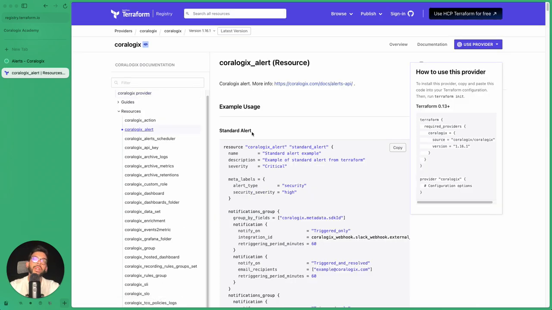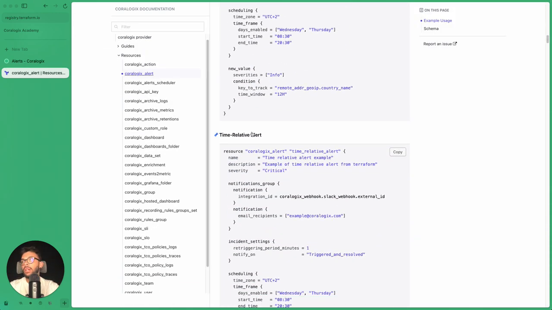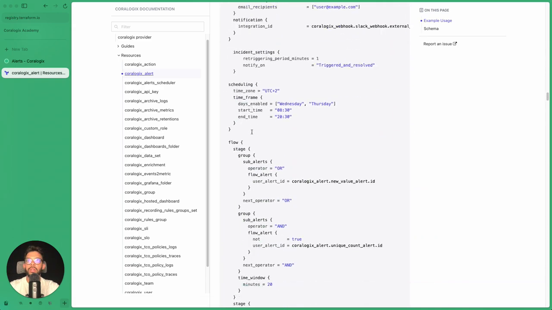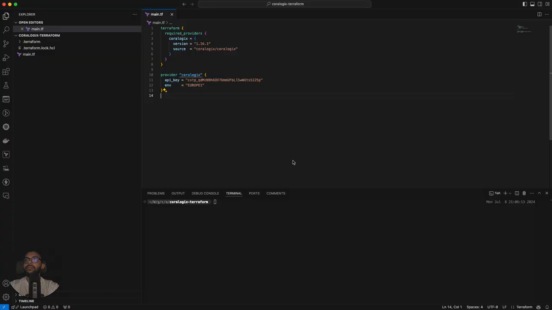Over here, you can see a lot of examples like standard alerts, flow alerts, span alerts, and so on. If you scroll to the bottom of the page, we can also see the schema of this code block. So we can see the available options, the available values, and so on. So every time that you have any doubt about the Terraform provider, this is the place to check the documentation. Well, coming back to the